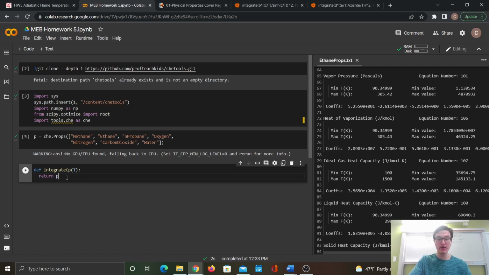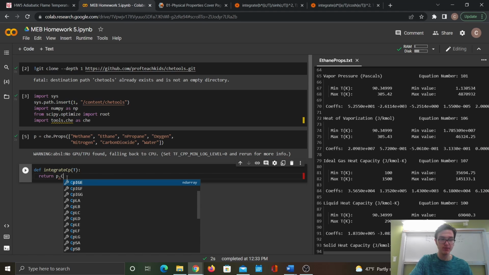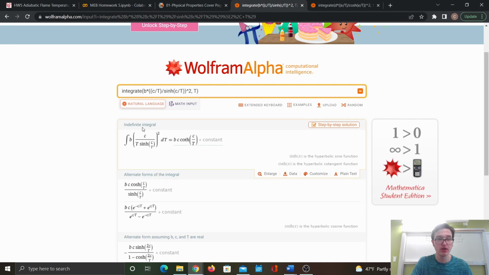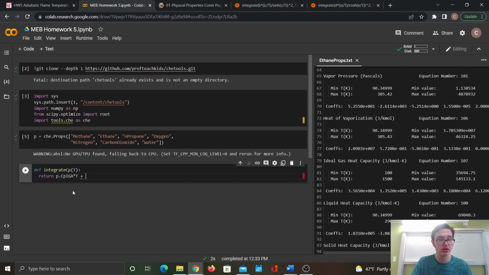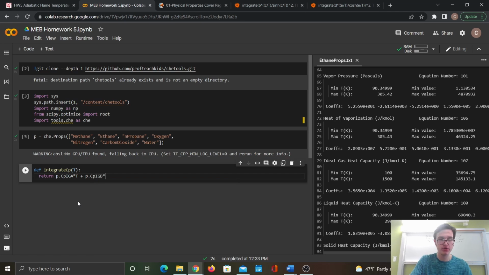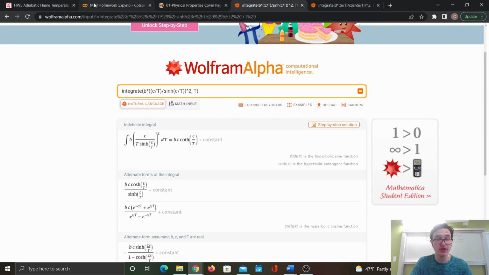So we have P.Cp Ig, the heat capacity, and we want A. This is multiplied by T. Plus, now we want B multiplied by C divided by the hyperbolic tangent,